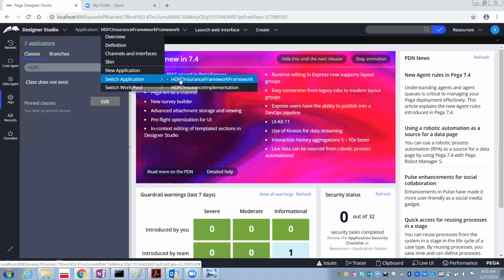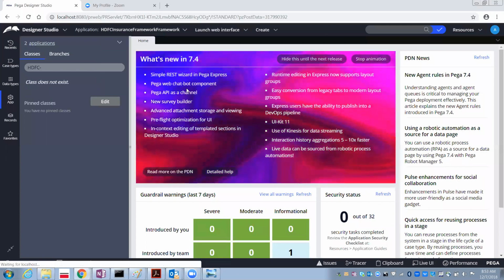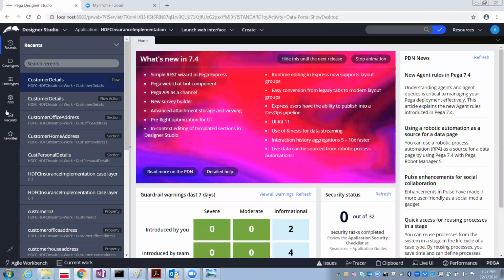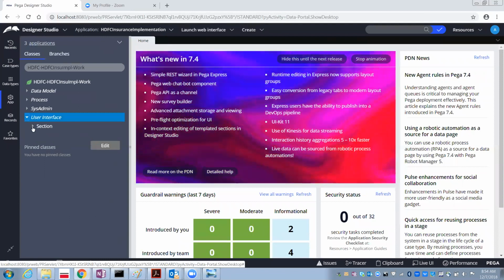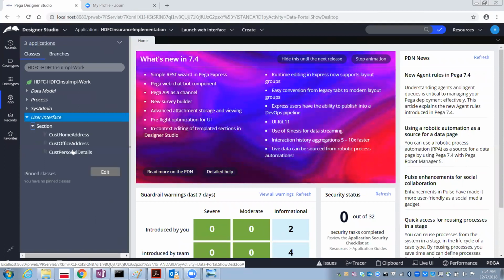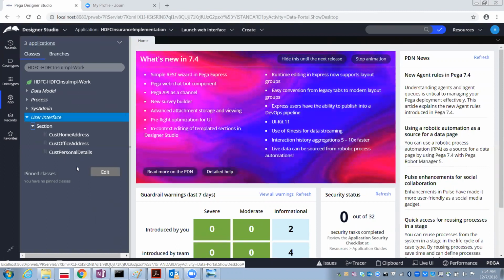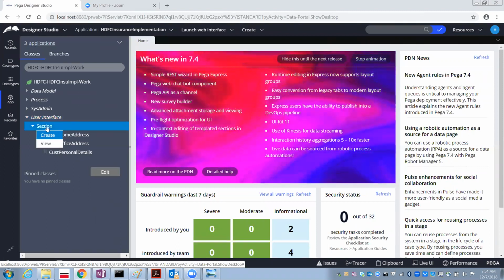Okay, we are working on the insurance implementation. So select the implementation application, then go to the app, and then under the user interface, section. Yeah, we have these 3 sections. Now what we need to do is create the container section one more, which is the top level.